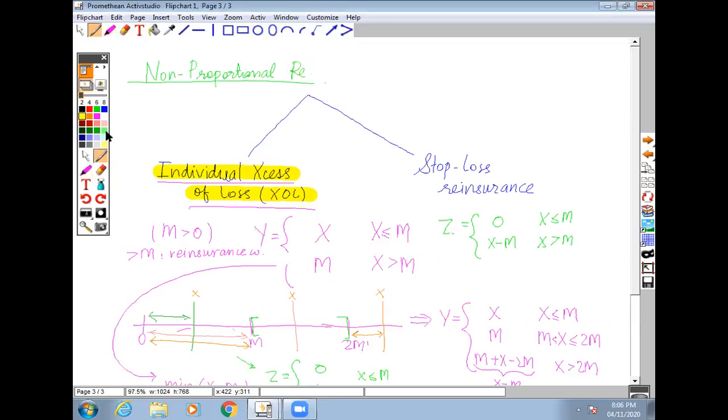And let us now try to see what's going to happen if we have a stop loss reinsurance. Has anyone heard about stop loss reinsurance? No. Okay. So actually it's not much different, but what happens is in stop loss reinsurance,